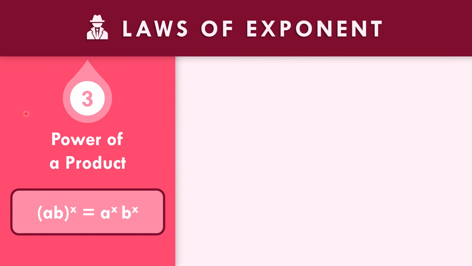How about the third law of exponent? Power of a product. So the quantity AB raised to the x power. So it means A, 1 times x is A to the x. B, 1 times x, that is B to the x. So in example number 1, we need to multiply the exponents. So we have different bases, multiply the exponents. So copy the base A, 1 times 5, that is 5. And then n, we need to copy 4 and then 5. So A to the 5th power, and then 4 times 5, that is n to the 20th power.